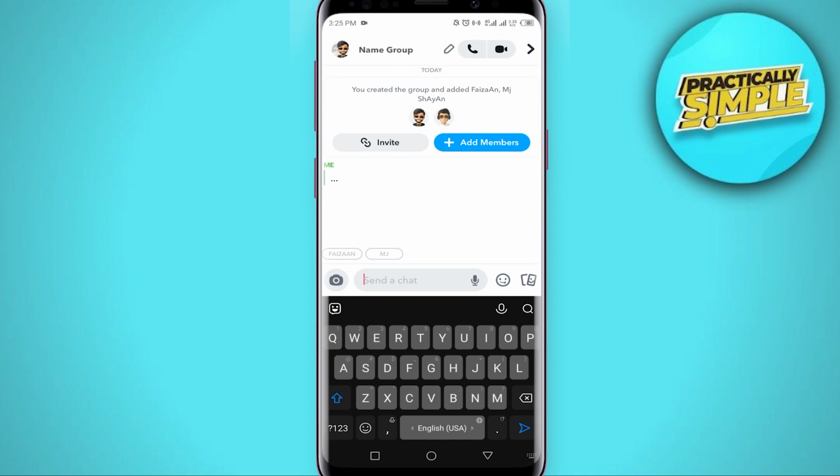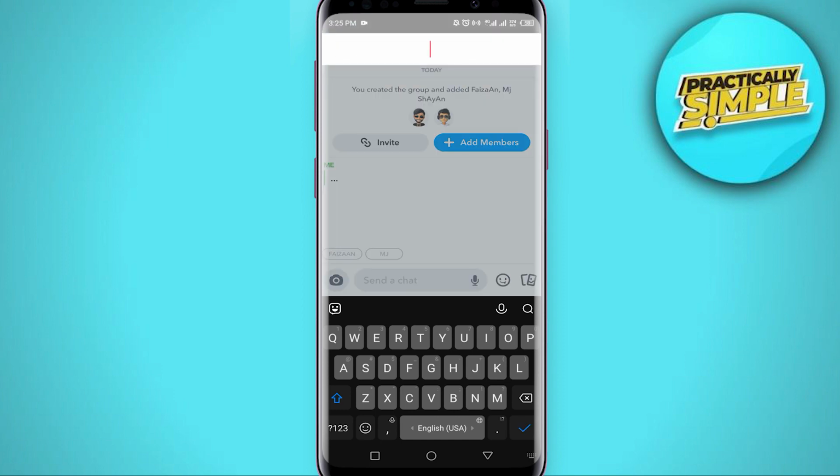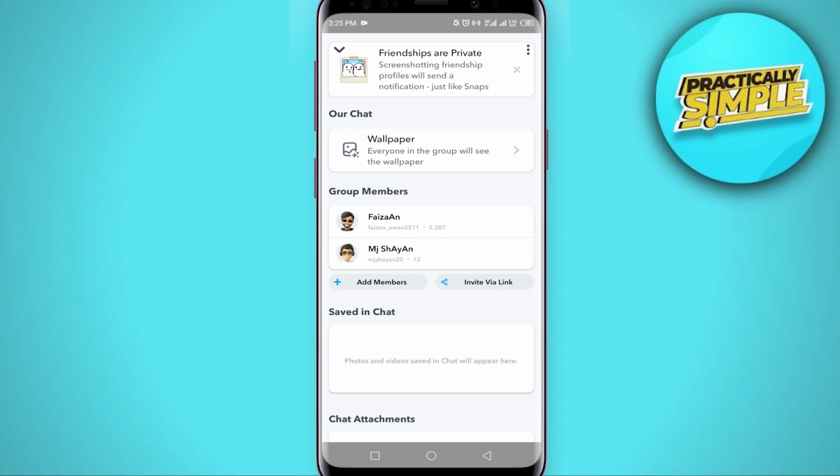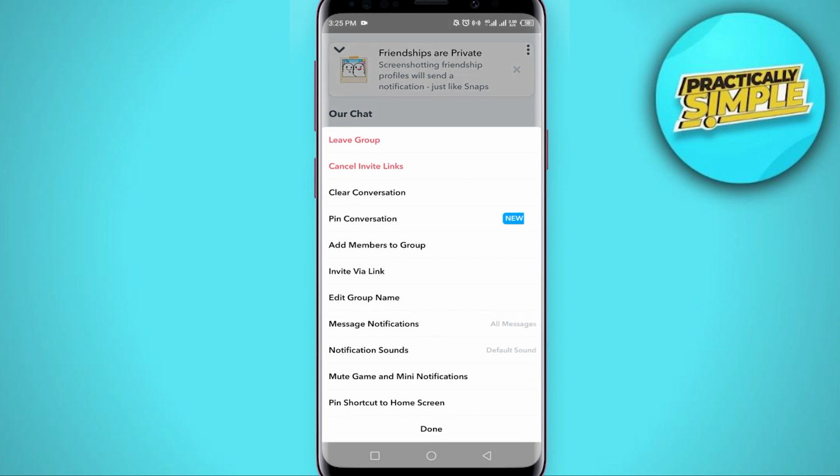So I will tap on the profile icon to the top left here. You can see if I tap at the very top right, it gives me the ability to leave the group or to add members, but it doesn't give me the ability to remove someone from this group. So of course I can leave the group, but if I want to kick someone out of a group,